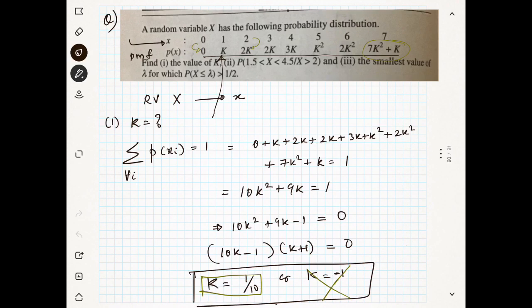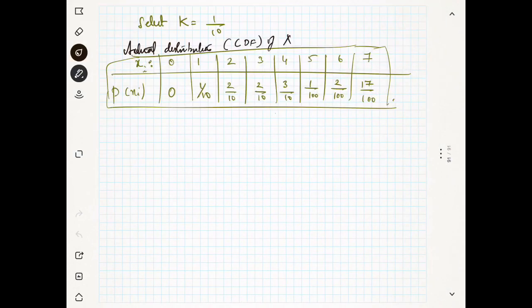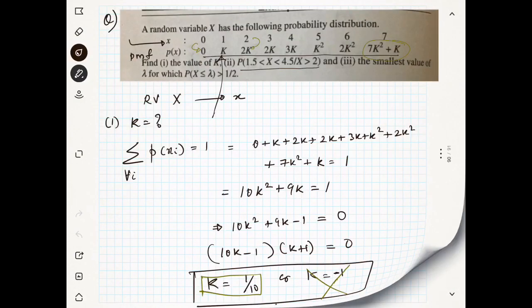You can see here, what is the probability that x is between 1.5 and 4.5, given that x is greater than 2? So this is a question which is related to conditional probability. I will write the question. This is the first part, I think. Yeah, first part is over. The second part,